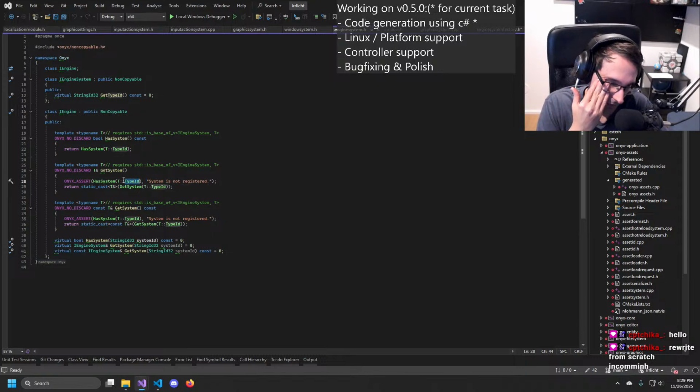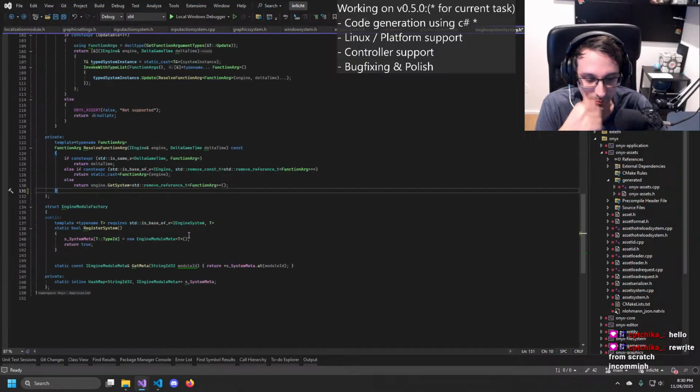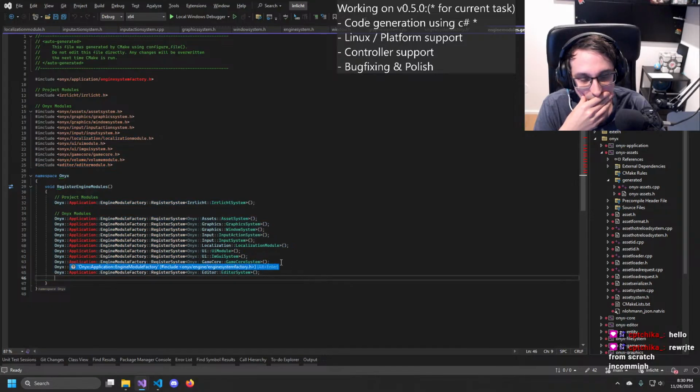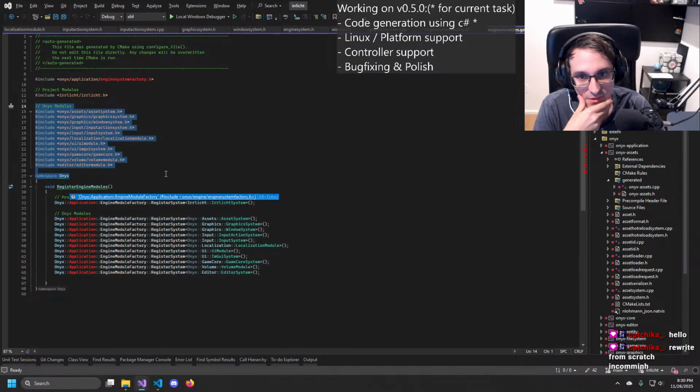That's the short version of it. And until now that didn't matter because we had everything registered here where every system was registered.